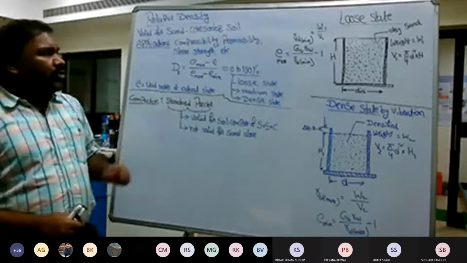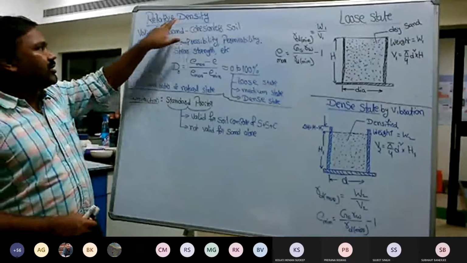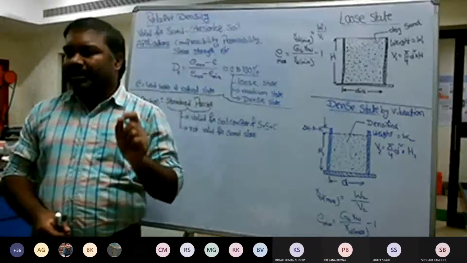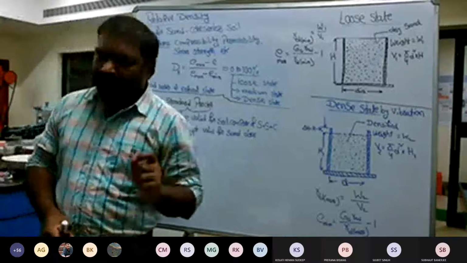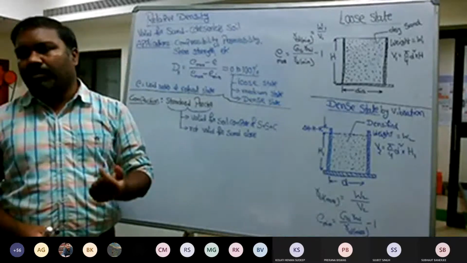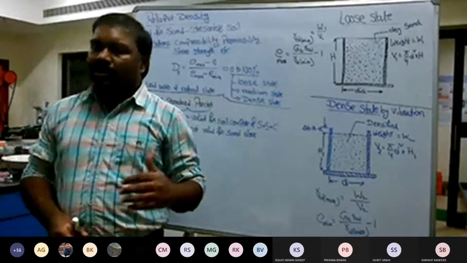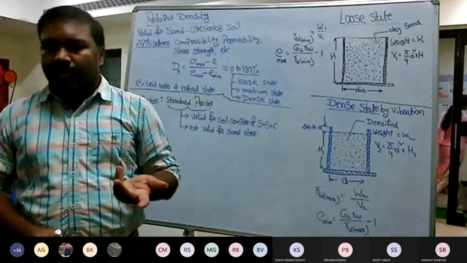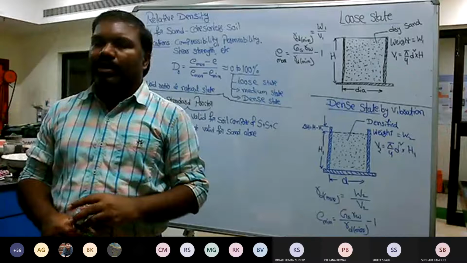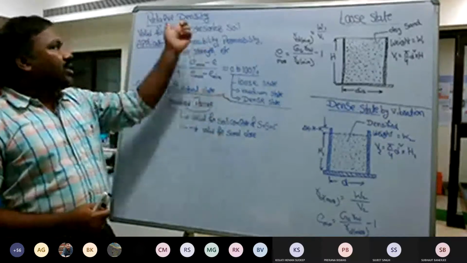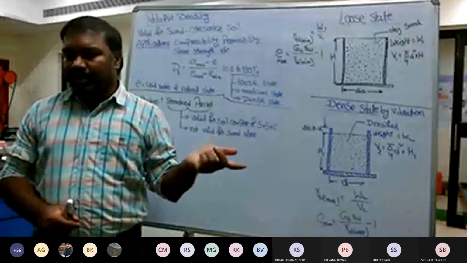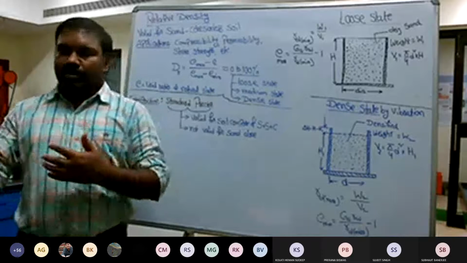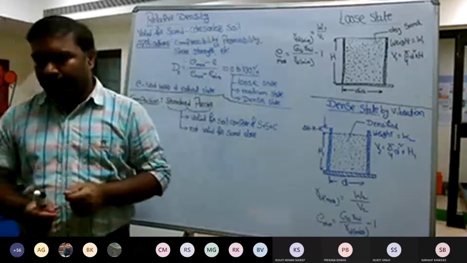First of all, let us look at the basic definition of the terminology, relative density. There are two words. The first word is density. I don't need to define the fundamental meaning of it: mass upon the volume. In your soil mechanics, you have already seen different varieties of densities like bulk density, submerged density, dry density, and so on. But another term that adds to the density is relative density. That means you are comparing one density with another, so you are matching the proportionality.